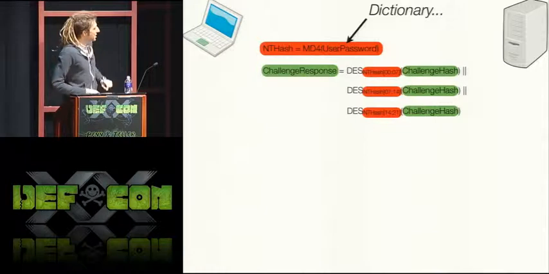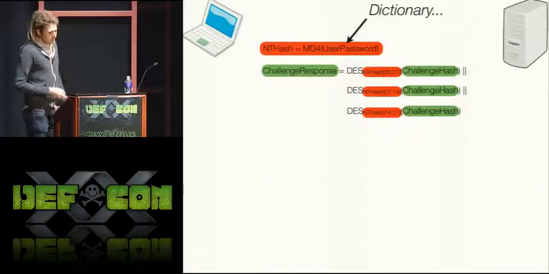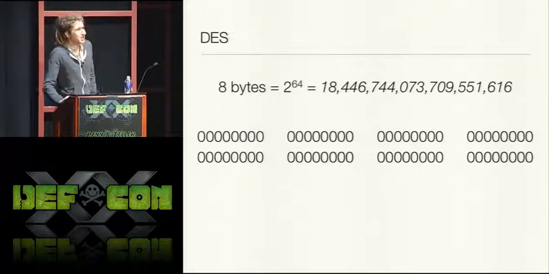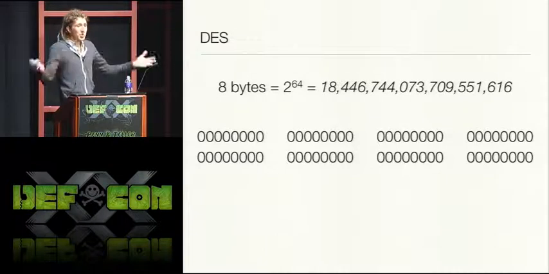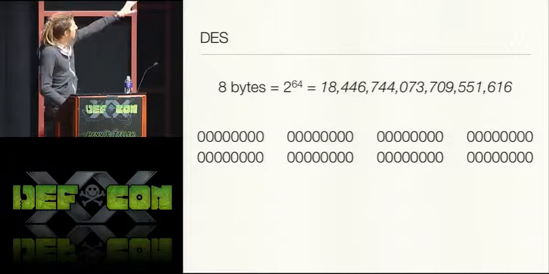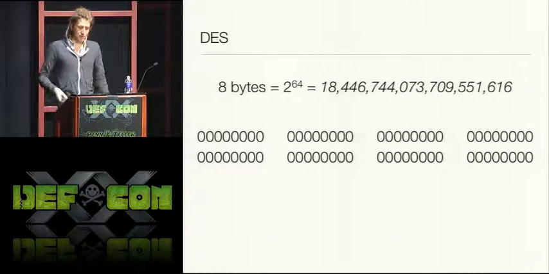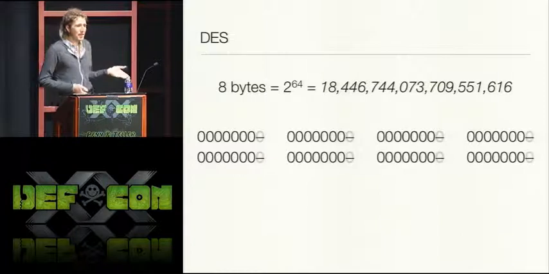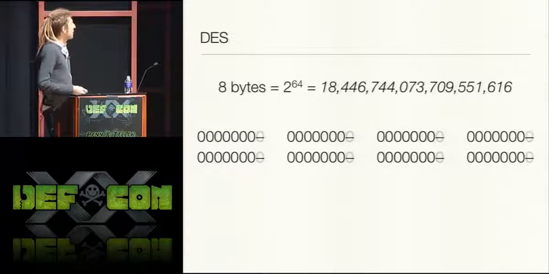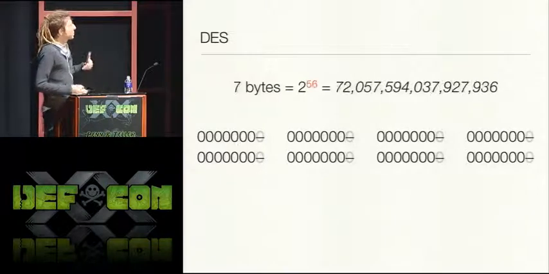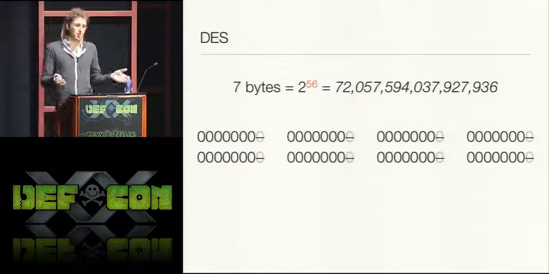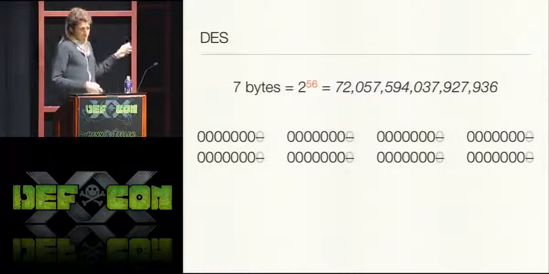So let's look at these DES encryptions here. This is really all that's stopping us. Now, as a refresher, a DES key is normally 8 bytes long. So that's 64 bits of key material. And it should give you a total key space of 2 to the 64. That's a really big number, a lot of keys. Somewhere along the way, someone made the dubious decision to turn every 8th bit of a DES key into a parity bit, which means that they're not actually used as part of the key material. Which means that a DES key is actually 7 bytes long. That only gives you 56 bits of key material for a total key space of 2 to the 56, which is substantially smaller.